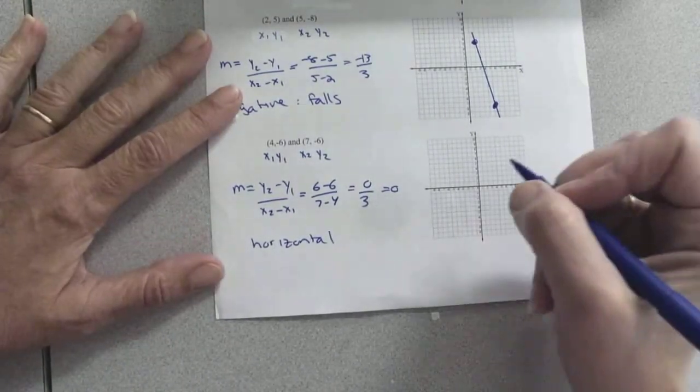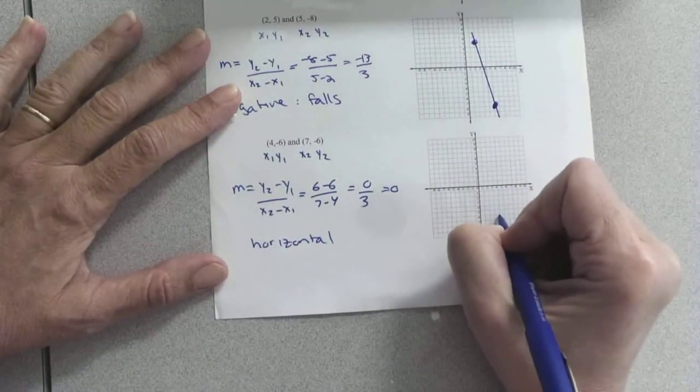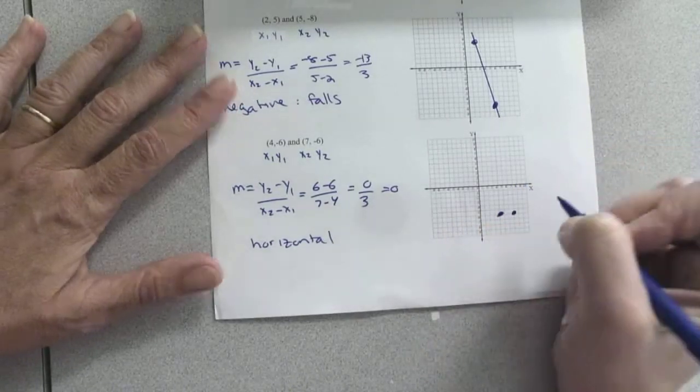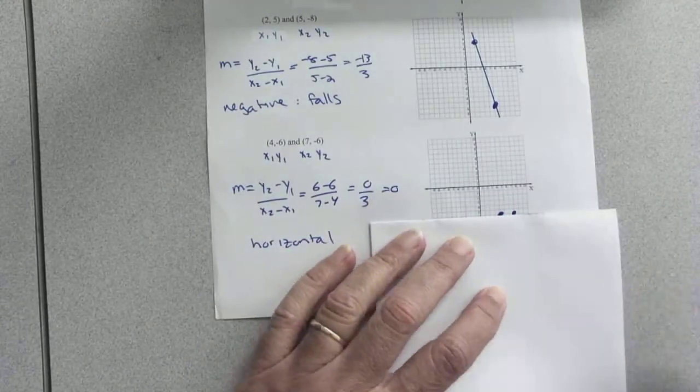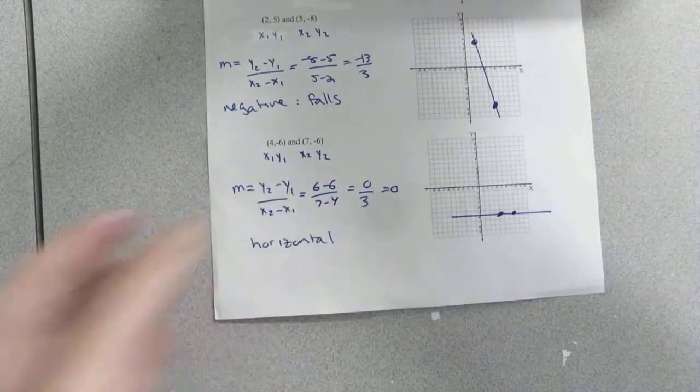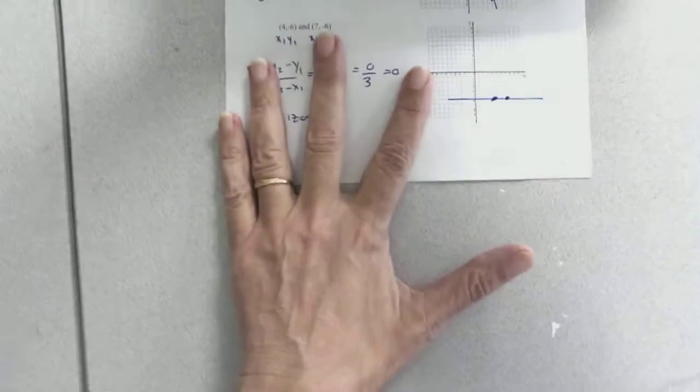And if we verify that, (4, -6) looks about right there. (7, -6) looks right about there. We connect the dots, and indeed it is horizontal. So there's our first thing about slope. Positive slope lines rise left to right, negative slope lines fall left to right, vertical lines have undefined slope, horizontal lines have 0 slope. So moving on a little bit,